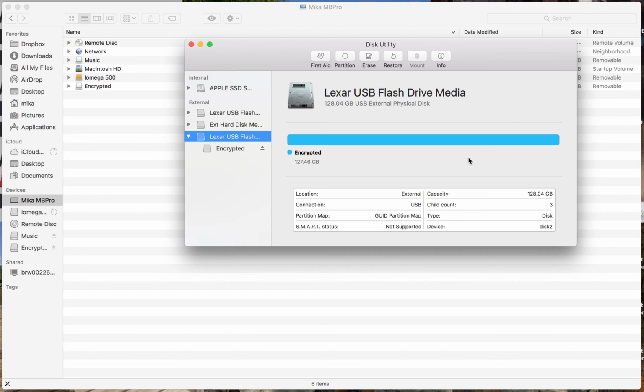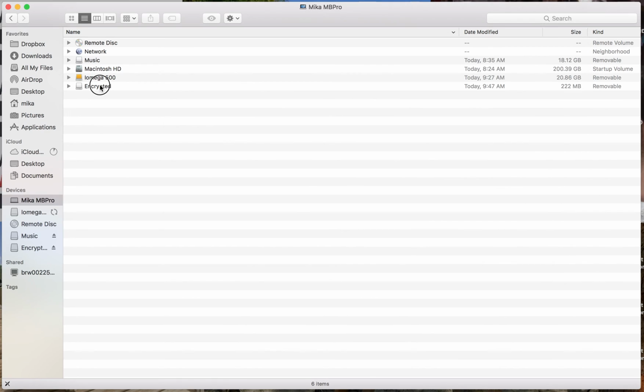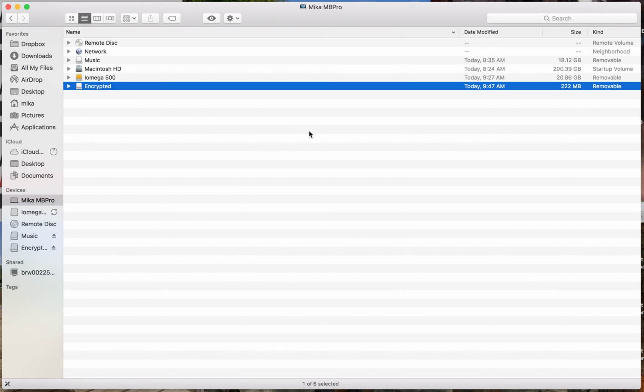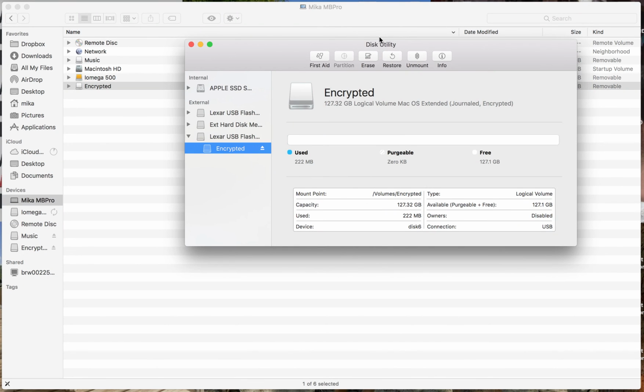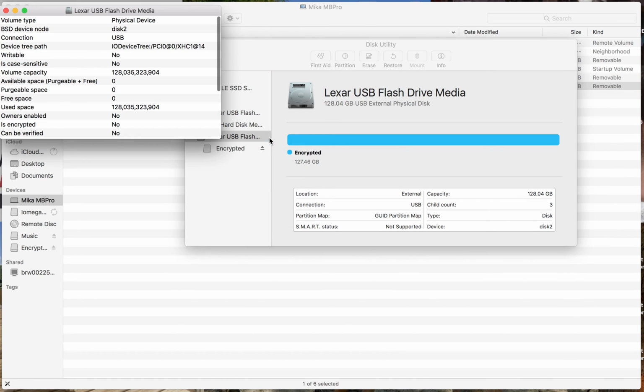Now you can see under here, under partition map, it says GUID. That's what we needed. If I click on this, it doesn't tell me a whole lot. But if we go back to the drive, it'll say decrypt because I already encrypted it. If I click on that, it will take quite a while. Since the drive is empty, it's much faster just to go to Disk Utility here and erase it again if I wanted to. But if I click on this and I say get info,